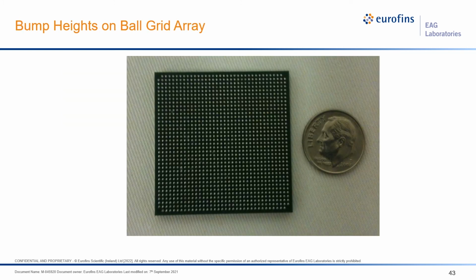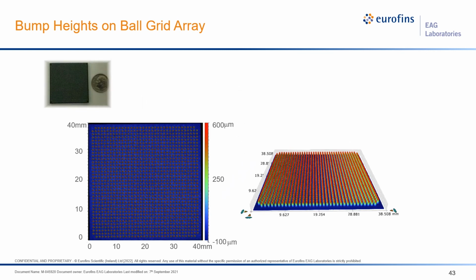OP is a heck of a lot faster, and therefore the service is more affordable. One last cool feature I'd like to share is the software's ability for high throughput critical dimension measurements. This example is of solder bumps on a ball grid array. The photo shows the particular device in question with a dime for size reference. And here are 2D and 3D images of the array. You can see this is about a 40 millimeter by 40 millimeter image, so quite large compared to anything possible